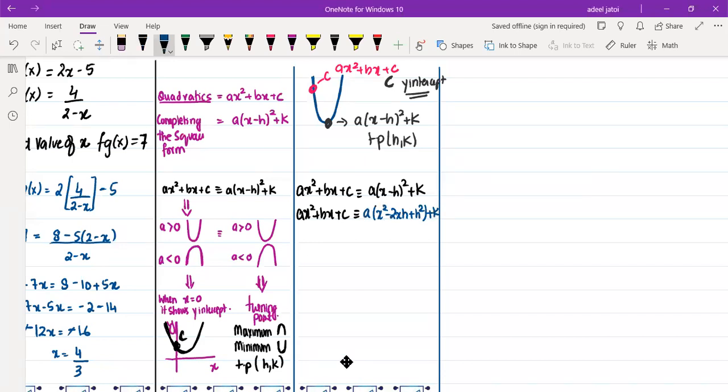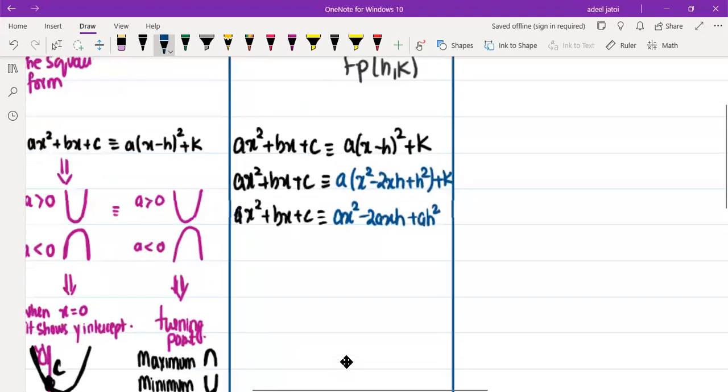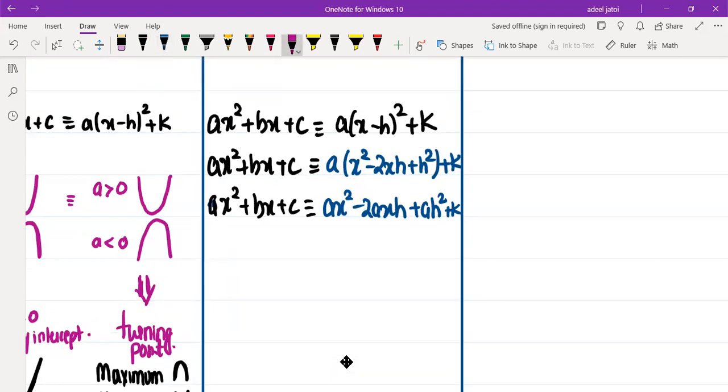That means when we opened up the entire equation, it is opened as x square minus 2xh plus h square, through the identity of a square minus 2ab plus b square. Now let's compare this: ax square plus bx plus c can be compared to ax square minus 2axh plus ah square plus k. Now, when we use the comparing method,